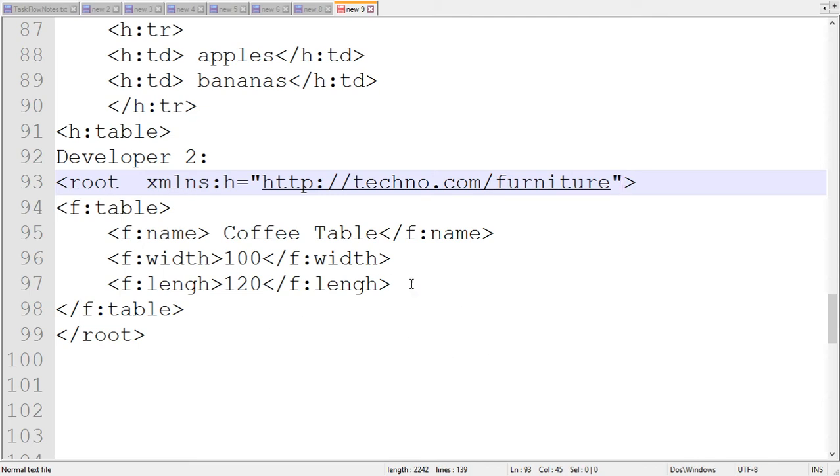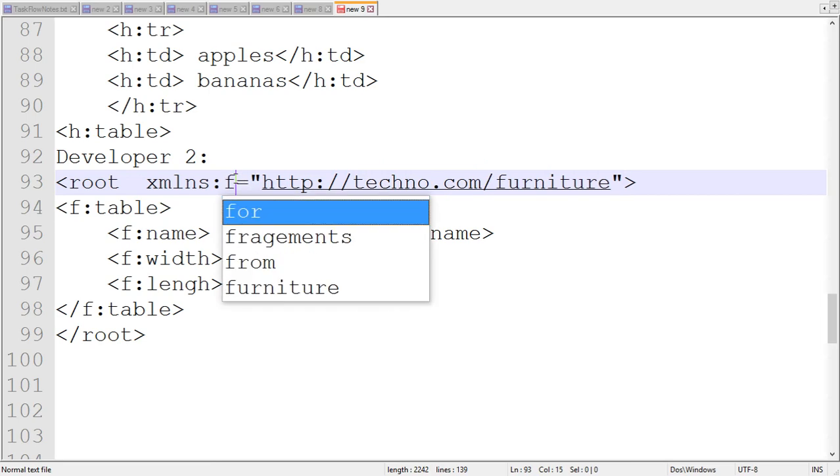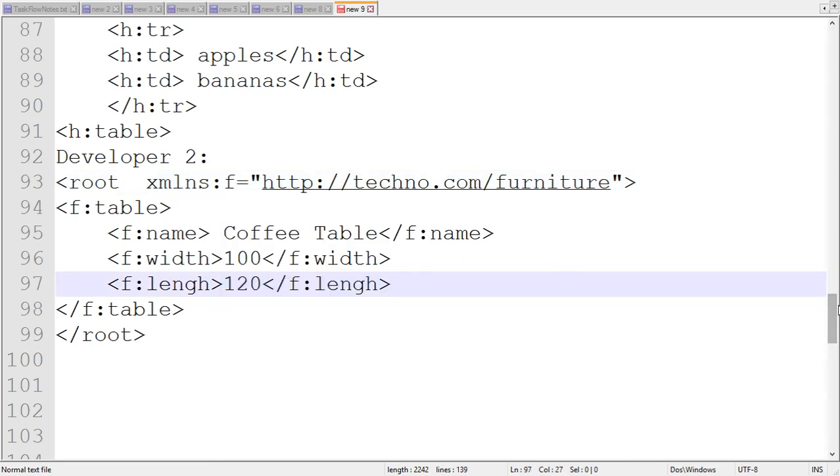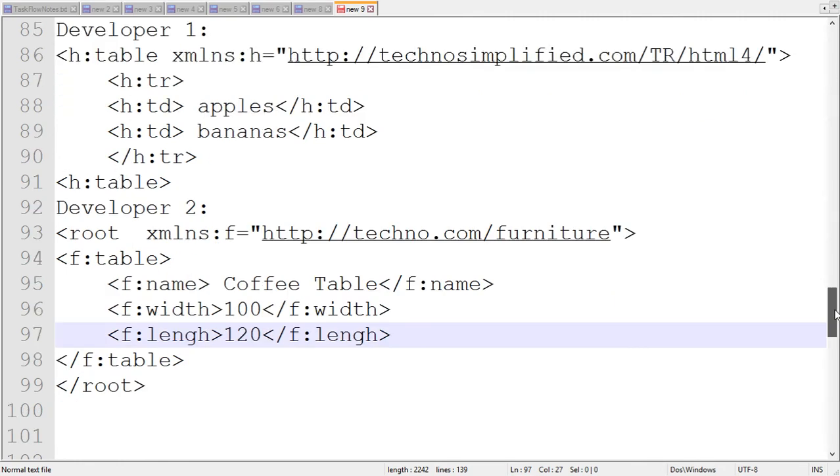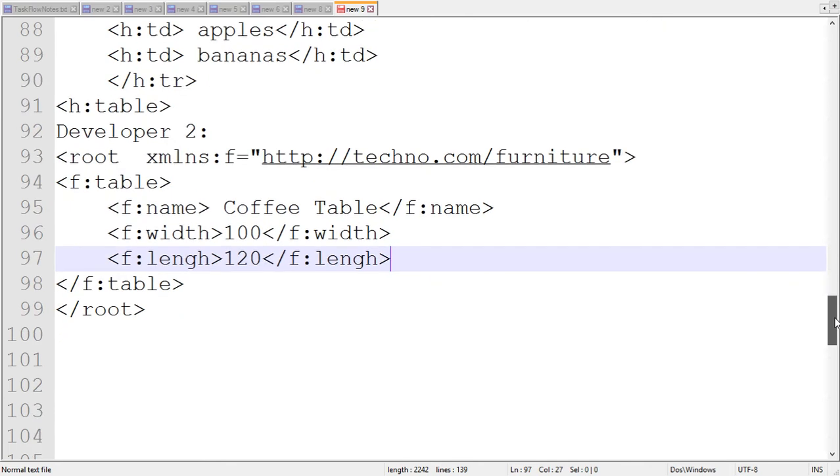Okay. Fine. And if these are all in one file, I can define this root element on top of this, and I can have another XML namespace. Oh, sorry, this is F. Yeah, F and H here, because we are using prefix F, and this is the prefix of H, so we're using H in each and every element. So namespace,